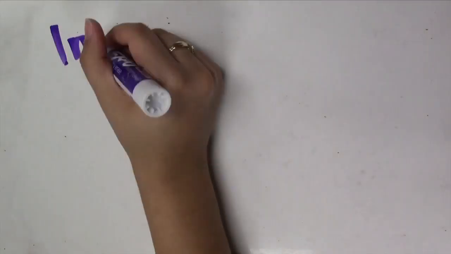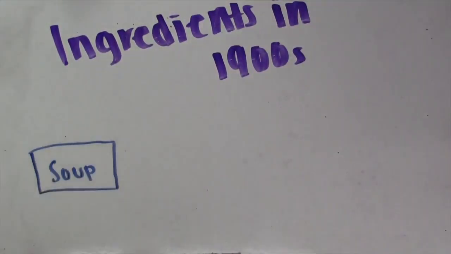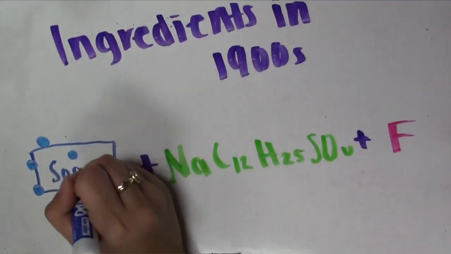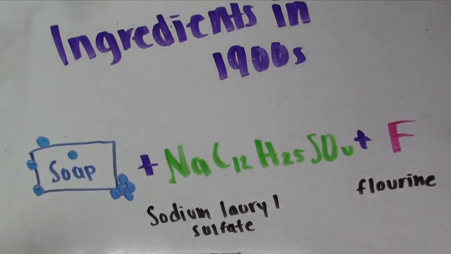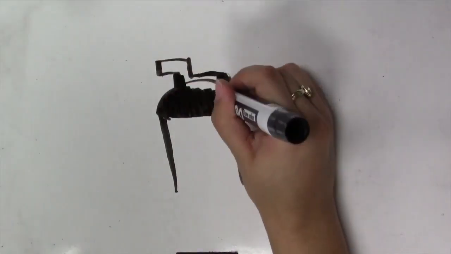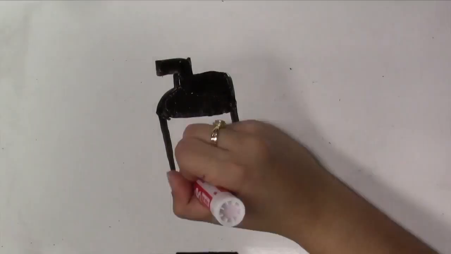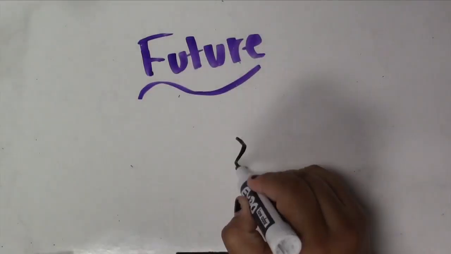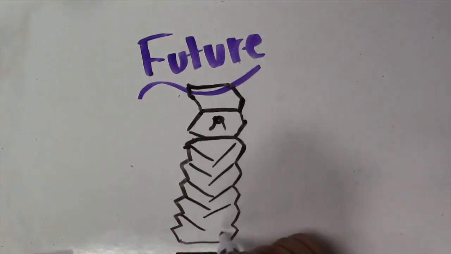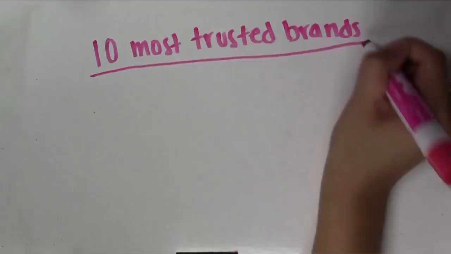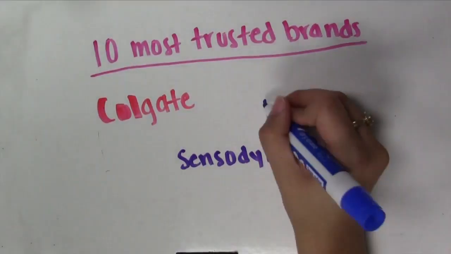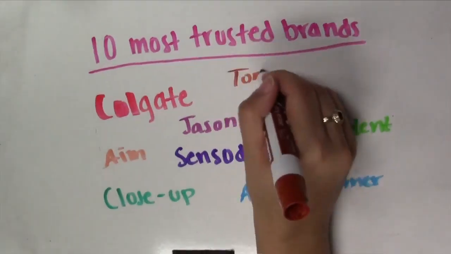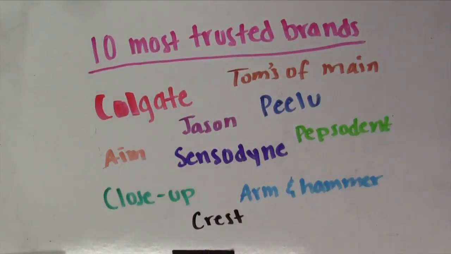The ingredients used in toothpaste in the 1900s were soap, sodium lauryl sulfate, and fluorine. After a good formula was created, companies started to make different formulas of toothpaste in the late 1900s to target different problems such as bad breath, gum disease, and plaque buildup. In the 1800s, toothpaste bottles were made in stand-up tubes and pumps. As for the future of toothpaste, students at Arizona State University have been trying to create a tube that will allow us to use every last bit of it, so nothing is wasted. But the possibilities are endless with so many companies that sell toothpaste in the market today.